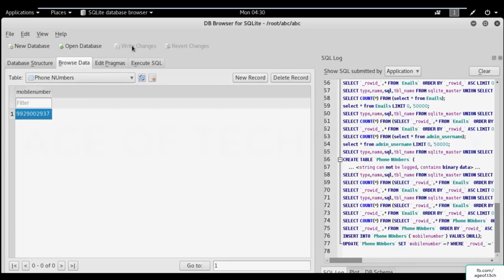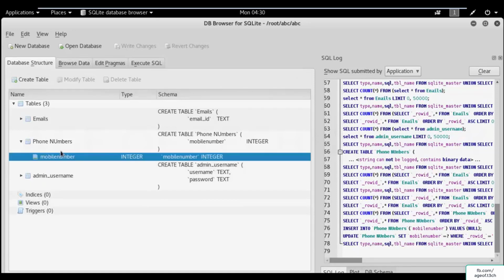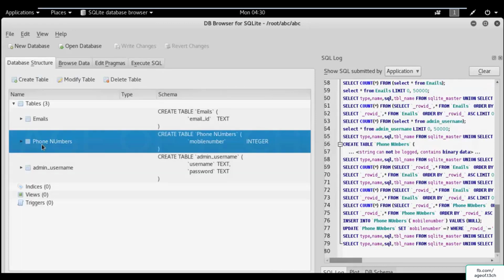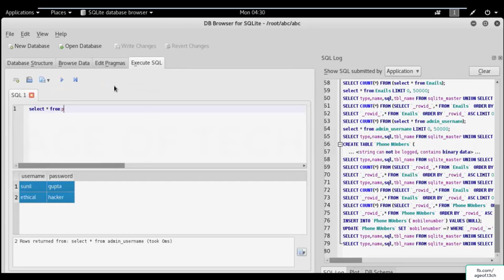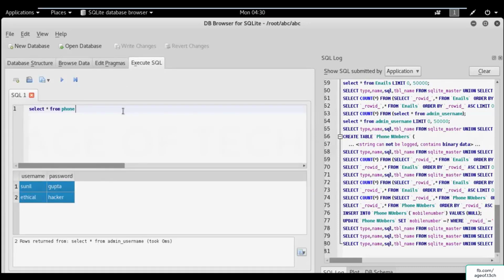Write changes to save the database structure. You can see there are three tables. In this table, there is a mobile number type of table. If you click on execute SQL, then remove it. Select star from, what is the number? Phone